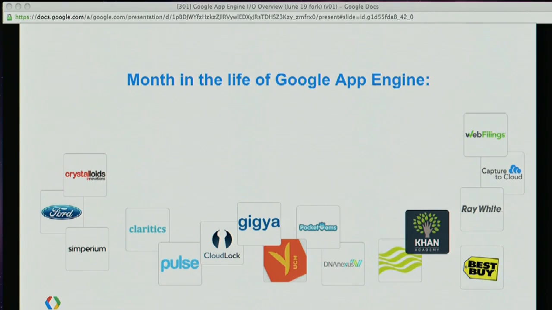In fact, traction has been quite remarkable, so I have a couple of fun numbers to share with you today. If we look at the life of App Engine, we see over 1 million hosted applications. So we recently passed 1 million. Not all of them are written by everybody in the room here, but thank you to developers for using App Engine to develop apps. This is pretty awesome. Got to get you guys going here. Yeah, I'm not diving for a blimp, but this is still pretty cool stuff.